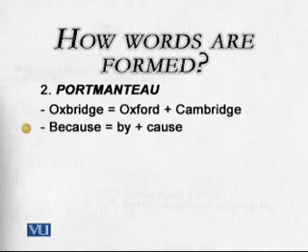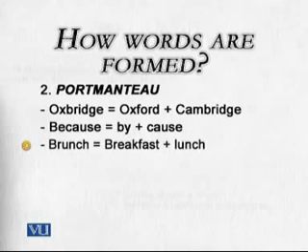In the same way, because is a very commonly used word. If you see, because is also a portmanteau word. The portions have been taken from by and cause. From by we took the b sound, and the cause factor together, and the word because we formed. Another important one, brunch. Brunch is also a portmanteau word. How is it formed? It's a combination of breakfast and lunch. Take one portion from breakfast, another portion from lunch, combine these two together, and the word is brunch.